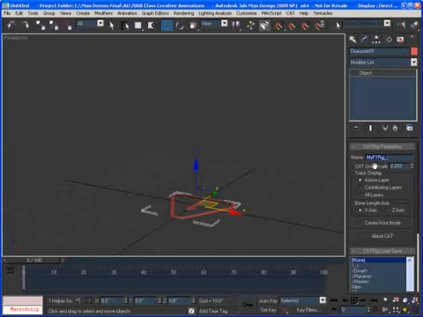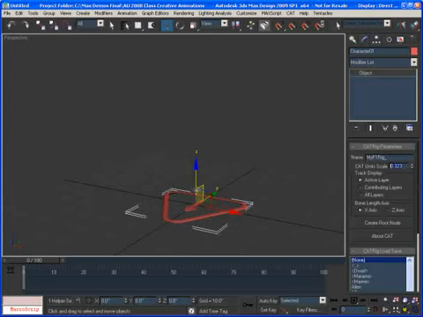There's a concept that's very important here: the CAT unit scale. Basically, the CAT unit scale is how big this parent is, and it's kind of a multiplier of everything inside of the rig. So it's a good way to rescale the rig, but you have to be careful because the unit scale here affects only the bones of the rig. So if you have skin mesh or extra bones added to the rig inside of your scene, you need to make sure that